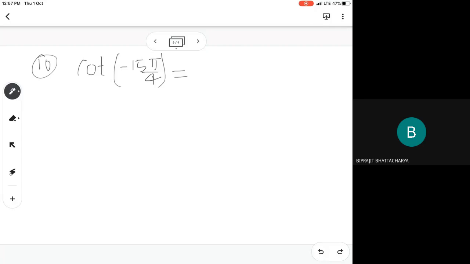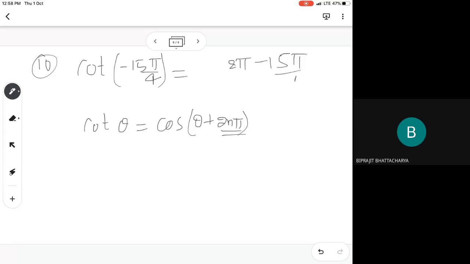If that is completely one angle, if it is cot theta, ये cot theta मान लो. This can be written as cot theta plus 2n pi. Can I write like this? Either 2 pi I can write, 4 pi I can write, 6 pi I can write, whatever I want I can write. So which to choose, वो choose करना कैसे है? How do you choose it? Suppose if I write 2 pi, add कर लिया, 2 pi minus 15 pi by 4 आएगा. So again negative angle आएगा. So choose the 4 pi. 4 is 16. 16 pi minus 15 pi, pi by 4. Yes, आ गया है. So that is enough to you.